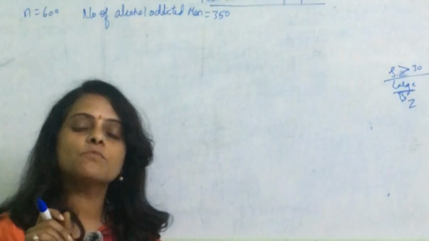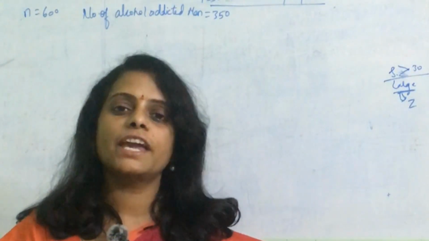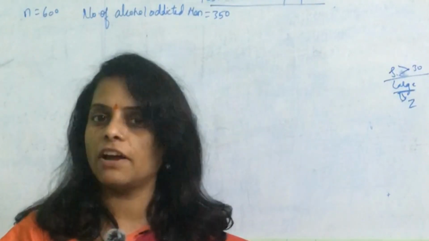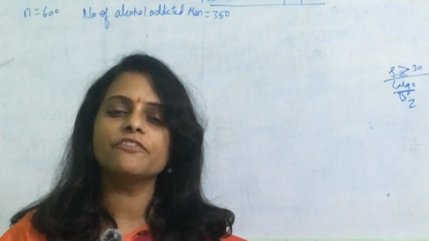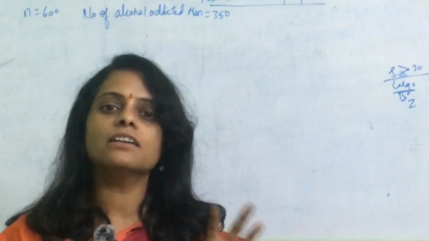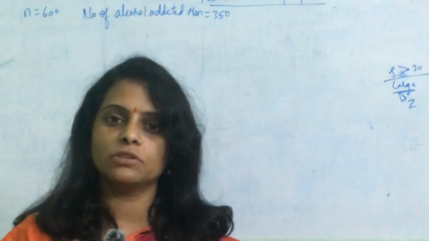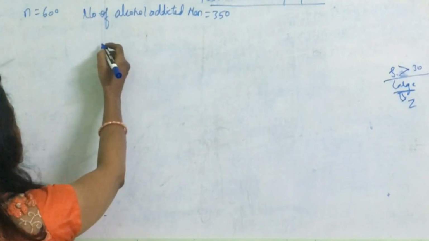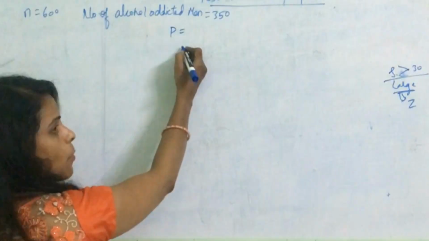Okay, so in this, one more thing we have to remember is that we have to take the sample and we have to check the null hypothesis and the alternative hypothesis. So what is a null hypothesis? When there is no significant change in a particular sample that we have taken, then that is called your null hypothesis, and quite opposite is your alternative hypothesis. Okay, so first what we have to write down here is we have to calculate the p value, that is the probability value.